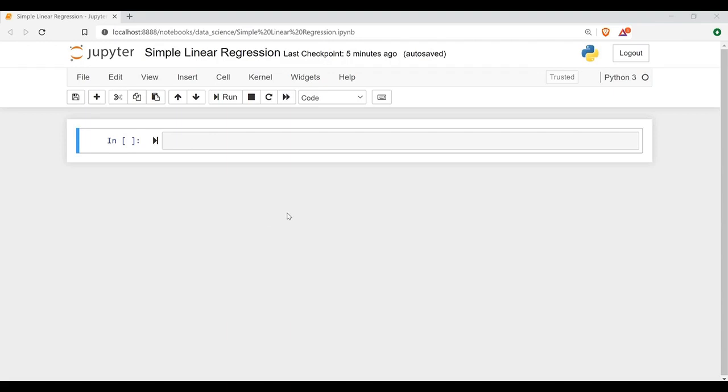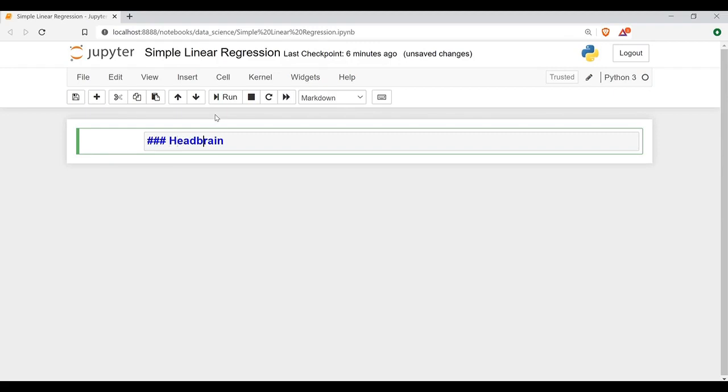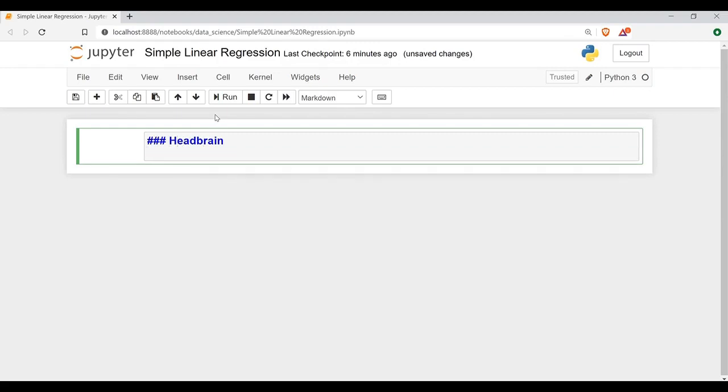Now for doing this, we will be taking one example. Here we are going to work on something called head brain. There is a data set called head brain. This is a very famous data set, and we are going to use this data set. Here we are going to implement the ordinary least mean square method.